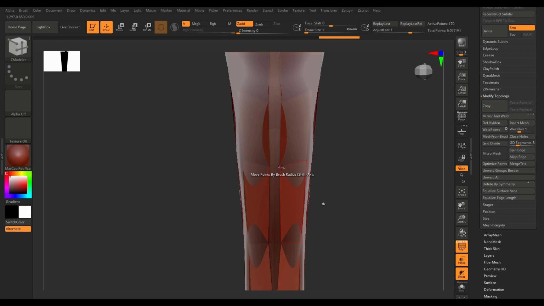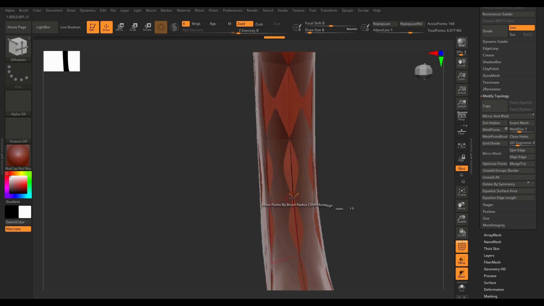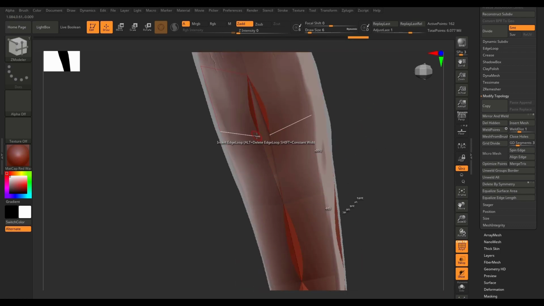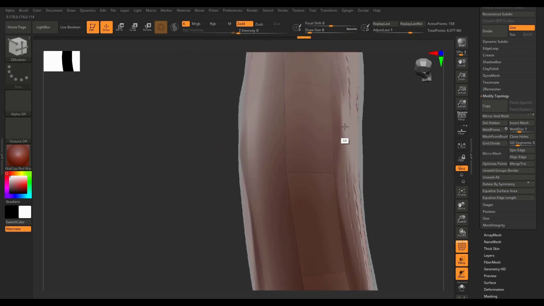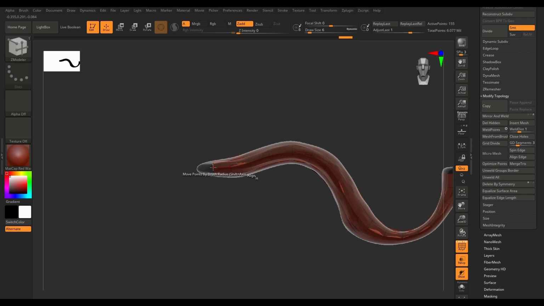So ZModeler, move brush, move vertex, and hit X to have symmetry enabled. Just push them together and weld those points. Not bad. We need to have a cap